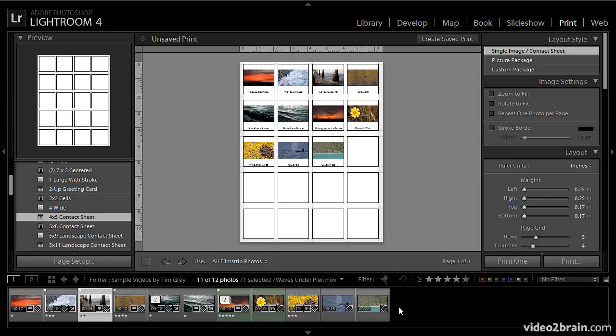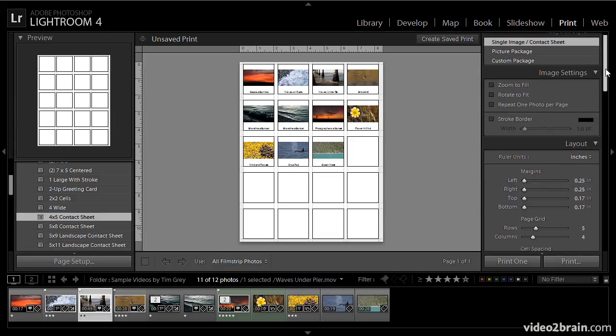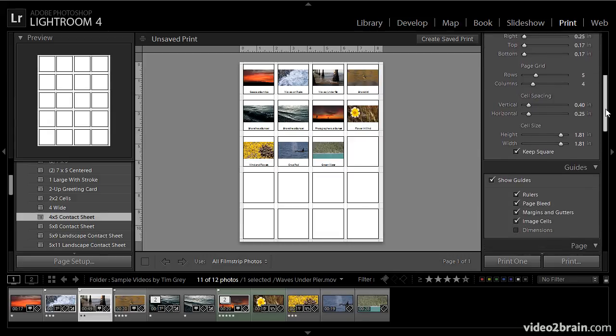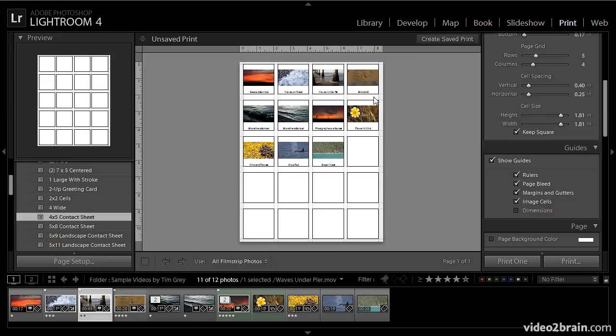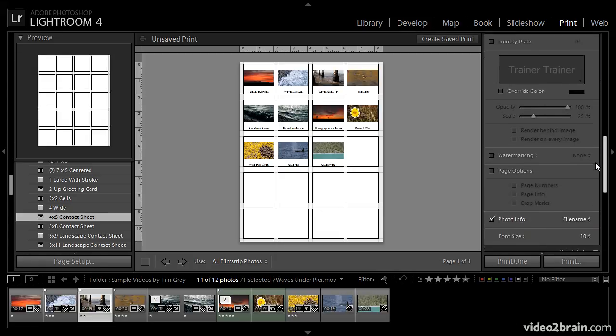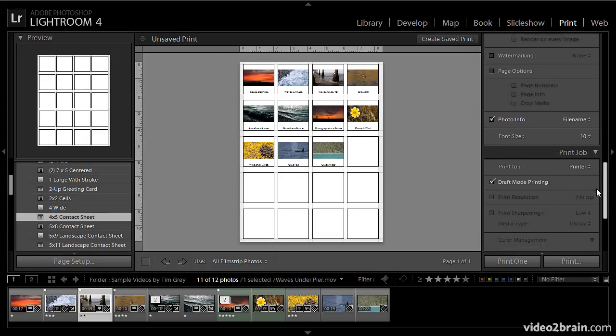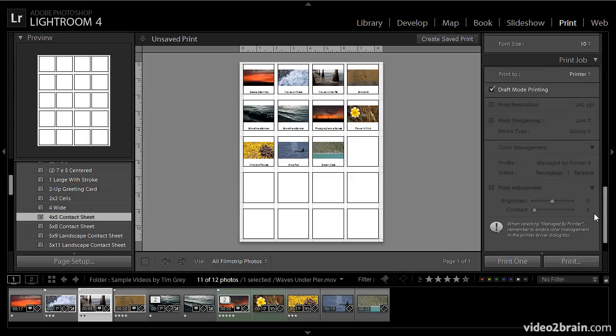I could then certainly continue adjusting all of the various output settings over on the right panel. At the moment, I have the file name displayed for the video clips, which will certainly be helpful if someone else is going to review the videos. I could also adjust the cell sizes, for example, or other details of the print. But in this case, I'll assume that the standard template is perfectly fine, so I'm ready to share this contact